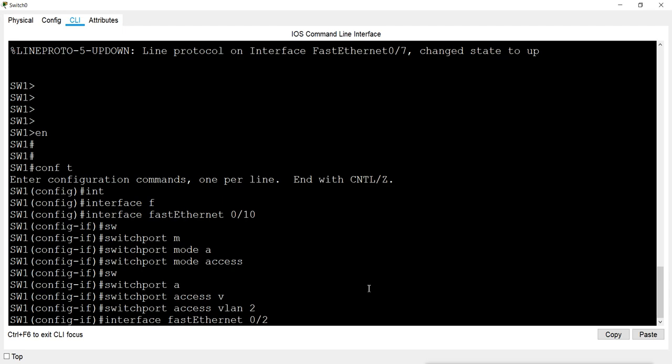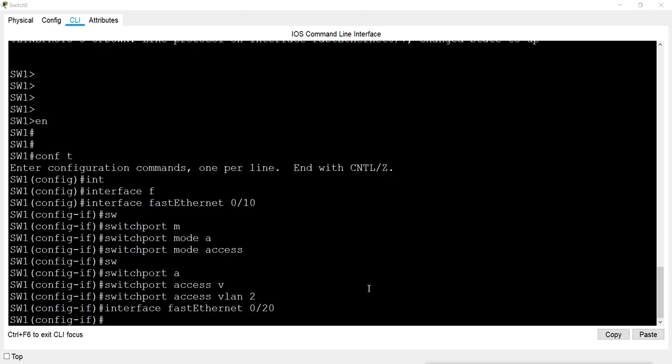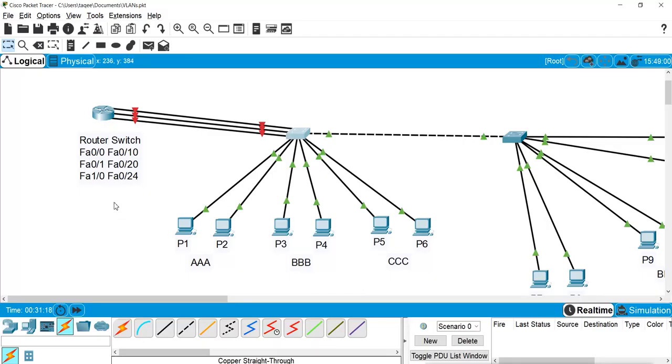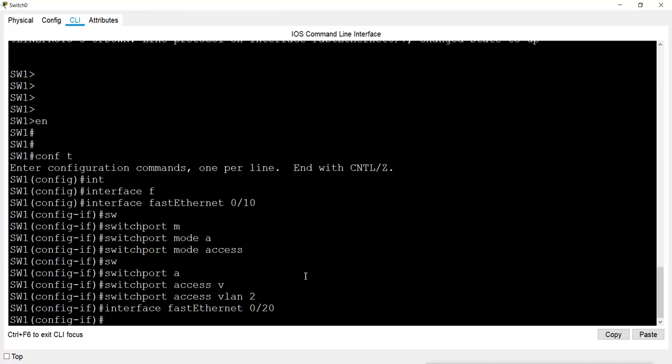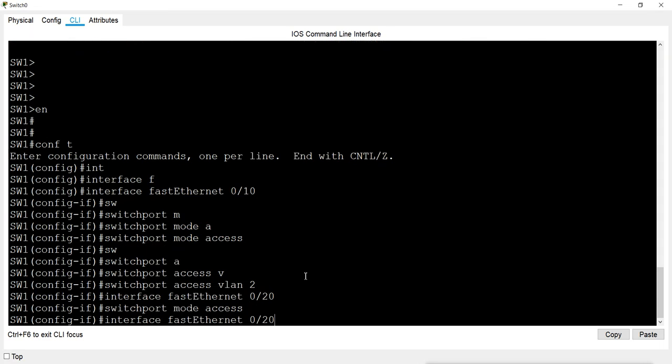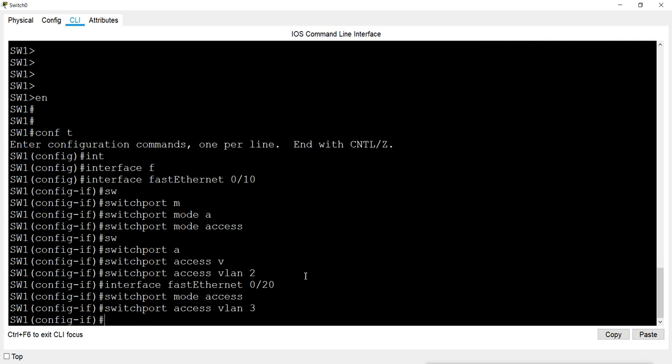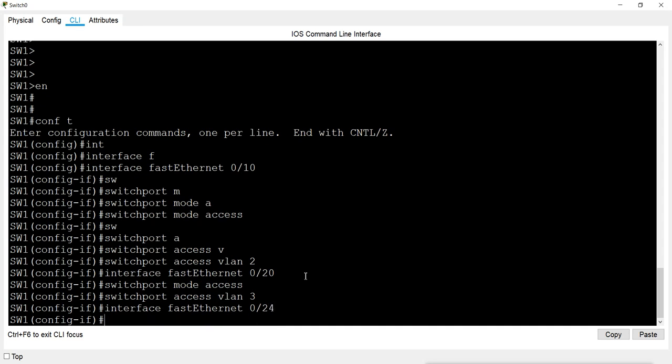Then the next port is Fast Ethernet 0/20. Now this one, I will give to VLAN B. VLAN B ID is 3. So I will make it switchport mode access and switchport access vlan 3. Then the third port is 24 of the switch.